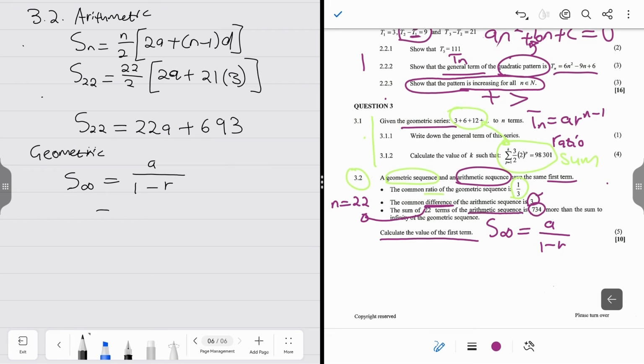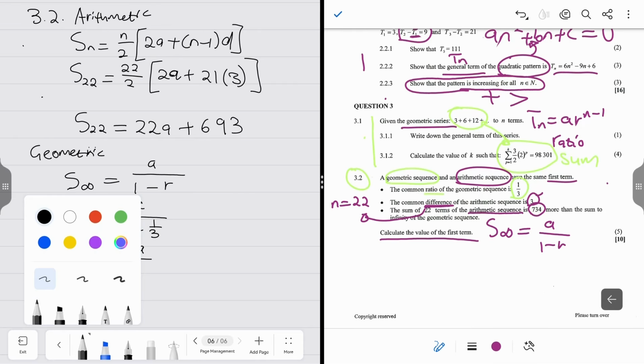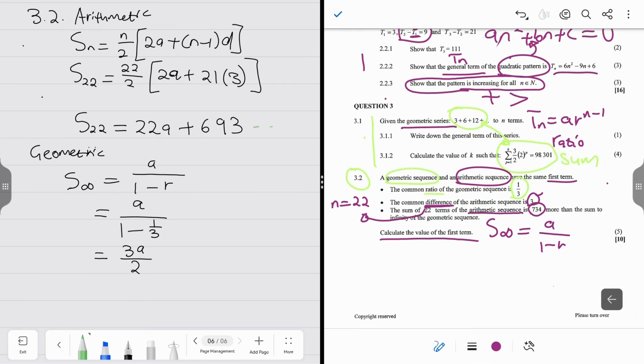So let's substitute. What is our a? Our a value is going to be, we don't know because it's the same. Then we have our r value given to be 1 divided by 3. Okay, so that is what we know so far about these two. But if I add this together and simplify it properly, I'm going to have 3a divided by 2. Now I have my two equations nicely done and saved. So let me just call them equation 1 and equation 2 so that you know what we are talking to